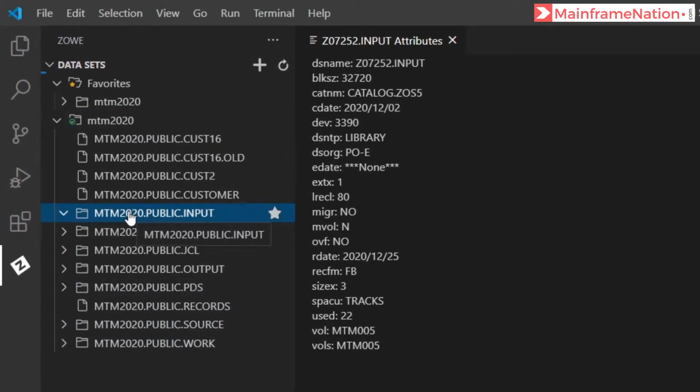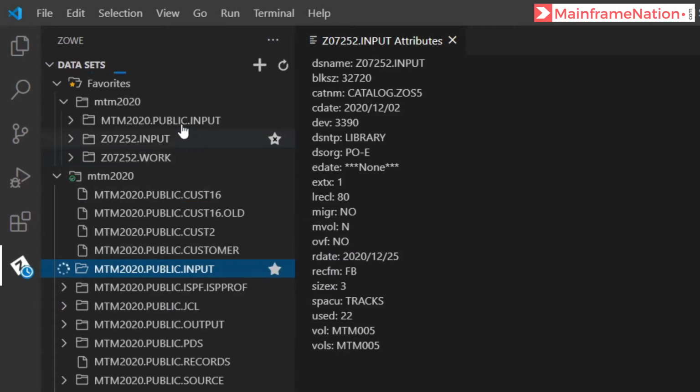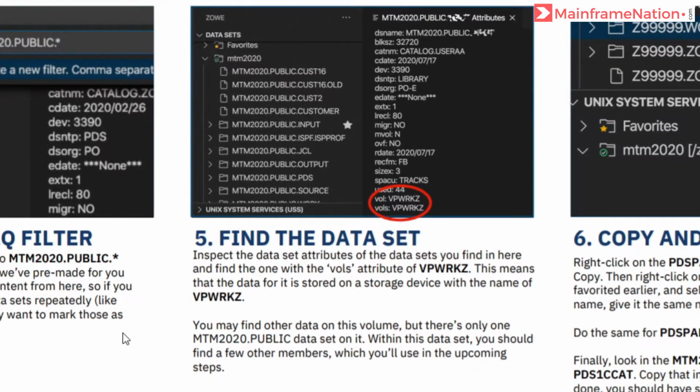So here is public.input. Go to star and add to favorites. And now you will see 3 datasets in the favorites tab: mtm2020 public.input, myuserid.input, myuserid.work. 3 datasets are now favorite. So step 4 is complete.